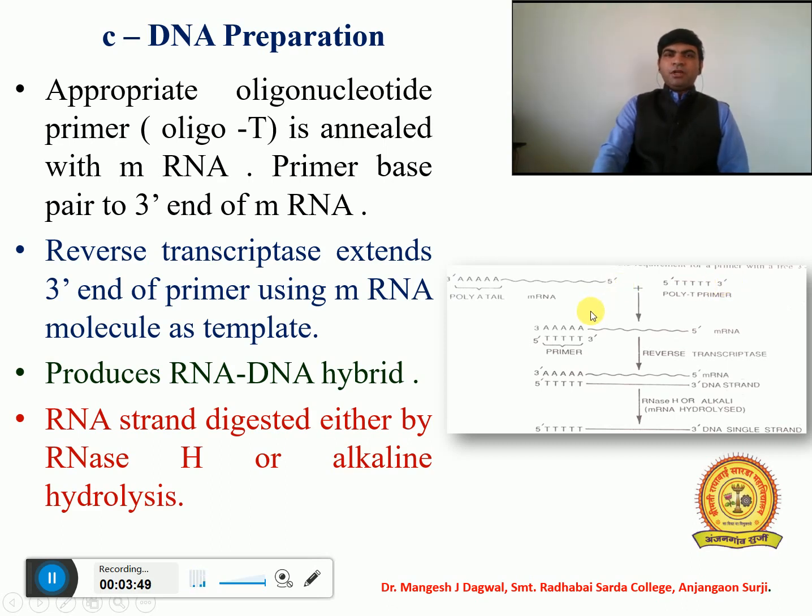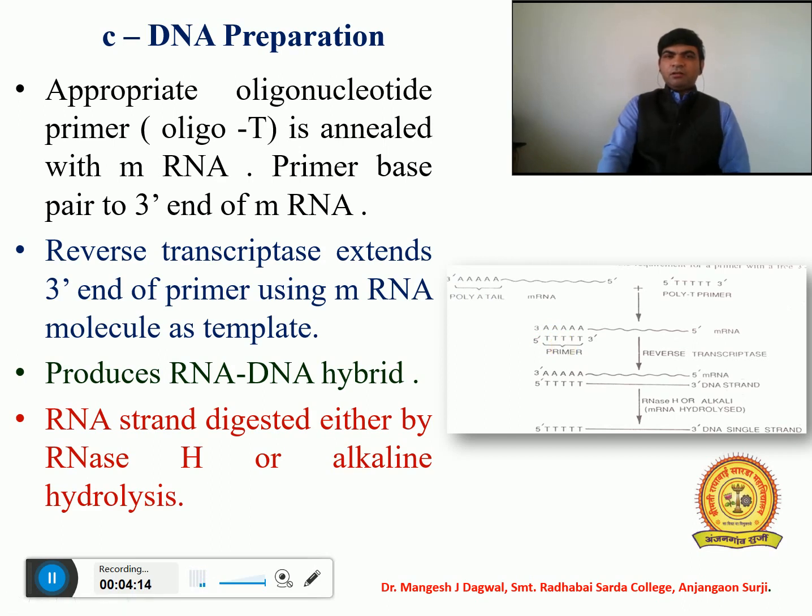During cDNA preparation, an appropriate oligonucleotide primer, called oligo-T, is annealed with the 3' end of the mRNA. As we know, at the 3' end there is a poly A tail, and this oligonucleotide is annealed with the 3' end of the messenger RNA.